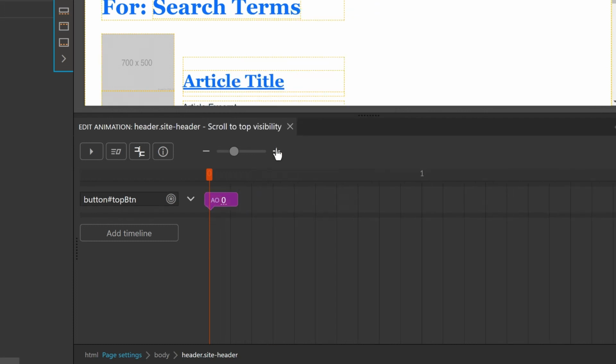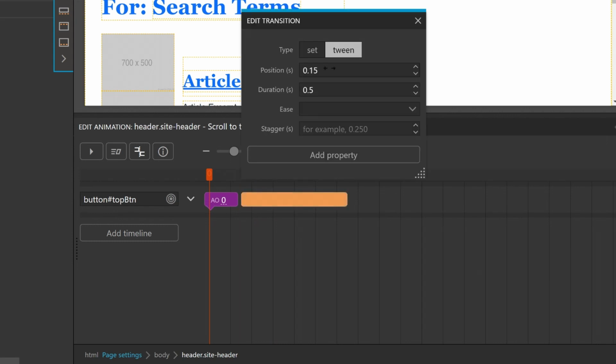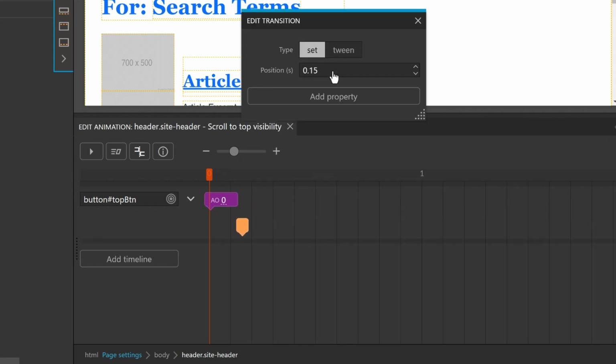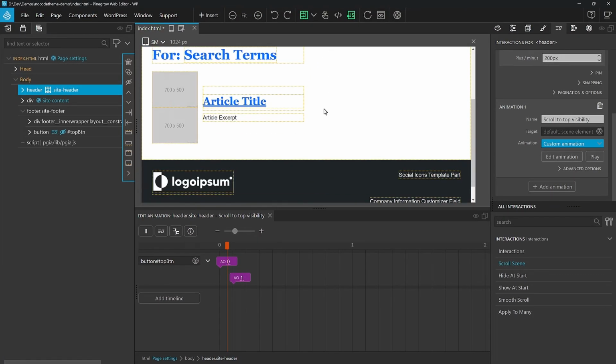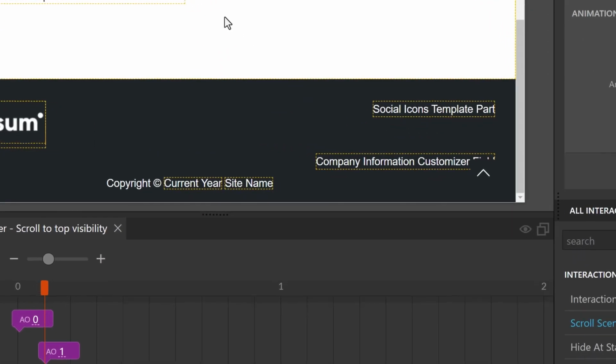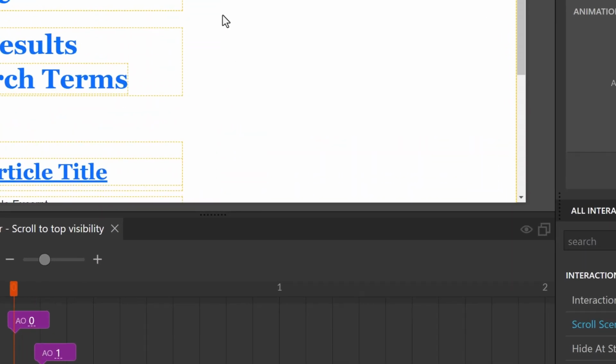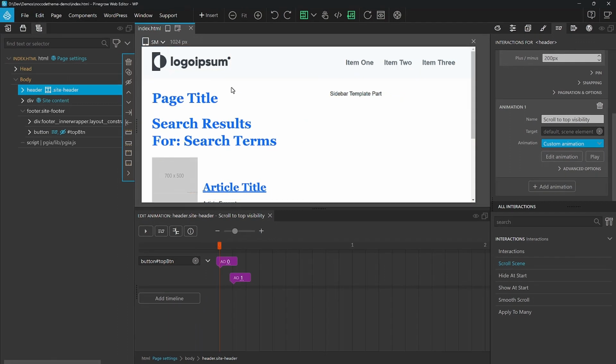I'm going to zoom in just a little bit more. And then we're going to create another one right after that. Again, we're going to do set, and we're going to do property of auto opacity 1. This is the one that's going to show it. And for this, I'm going to make my position about 0.1. Now let's scroll down. And we see it showing up, and we'll scroll up, and we see it disappearing. We're going to save this,